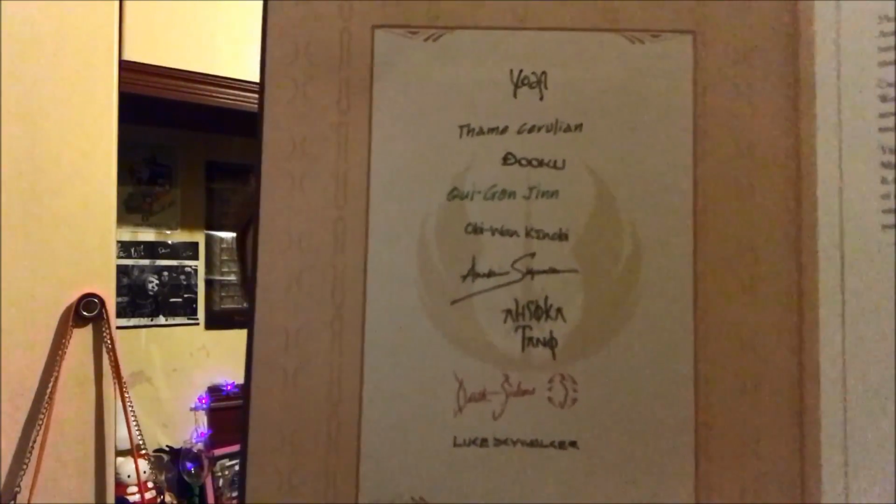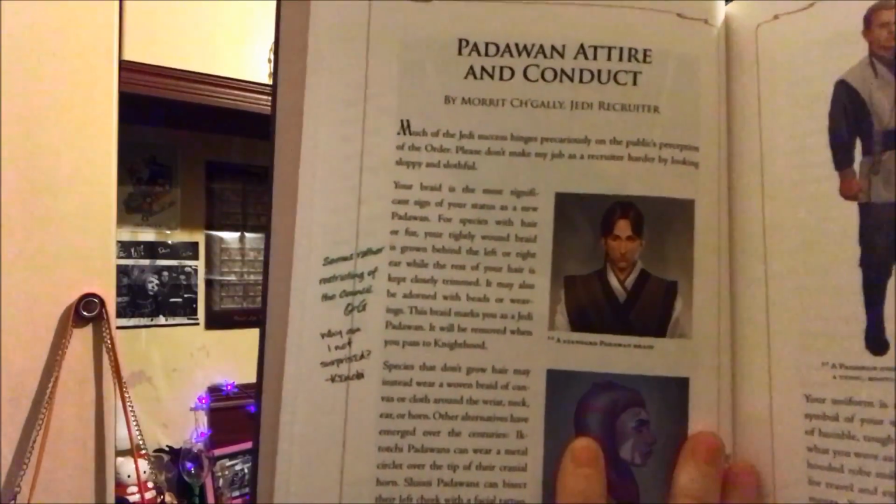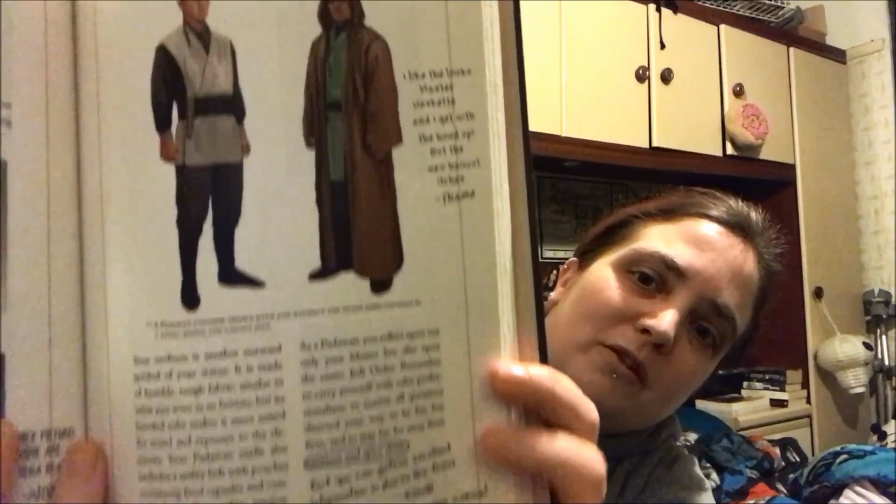So you can see some of the names in the front of Jedi who have checked it out of their library in the past. And it's just really, really cool because it's done in such a way it looks like they've written little notes on the book, like the apprentices that have had it in the past. So I thought this was really cool, and I'm probably going to use this as part of my Jedi Exile